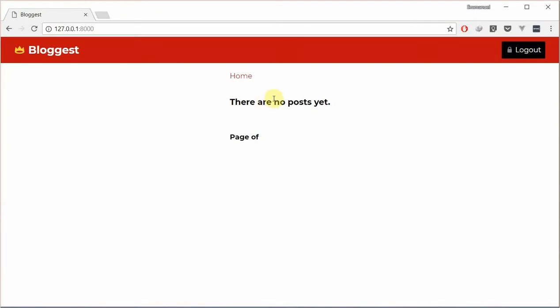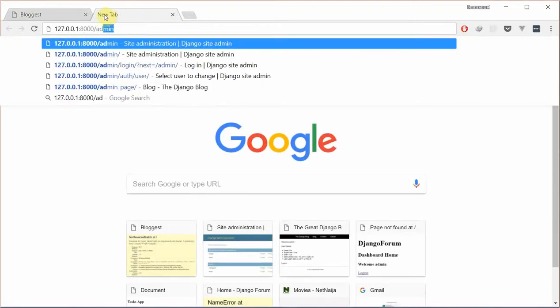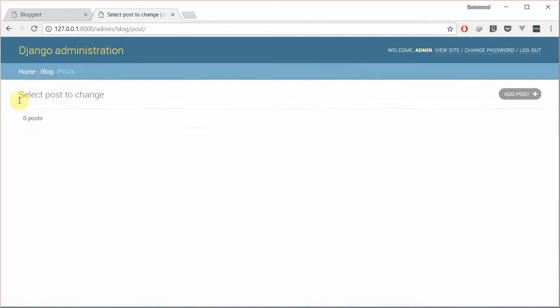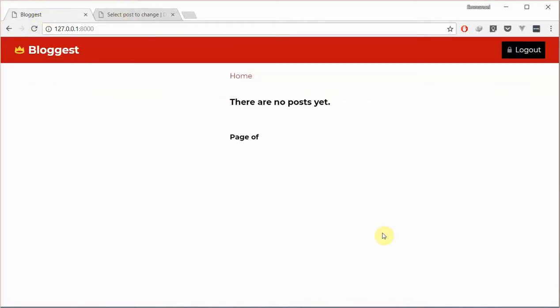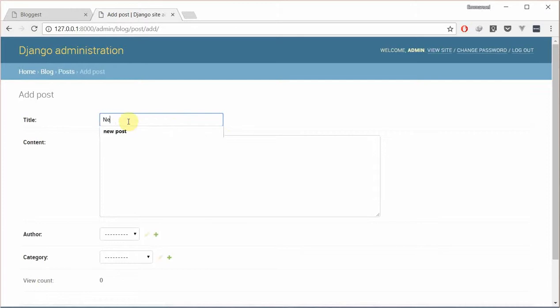So currently there are no posts, and if we cross-check that from the admin view, posts, 0 posts. So we could see this works. Since we've not created the other view, let me just quickly add one post to show you that this actually works. So new post,